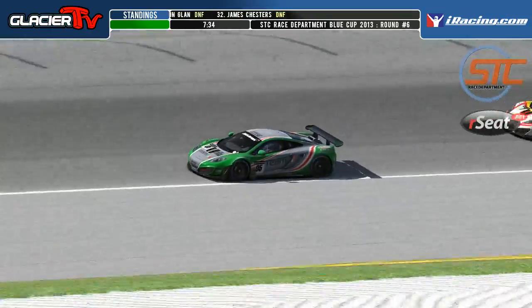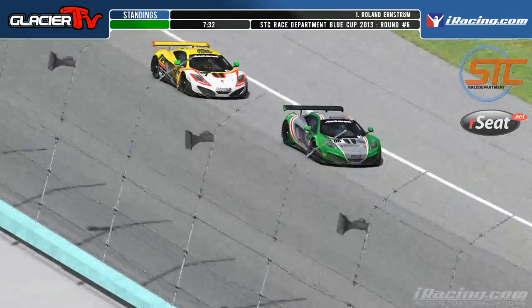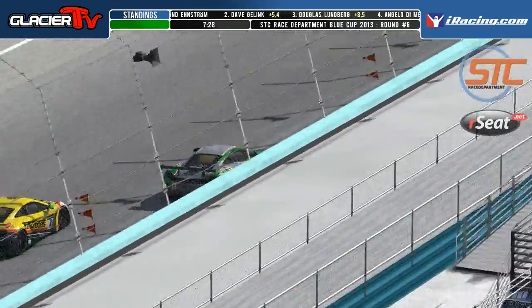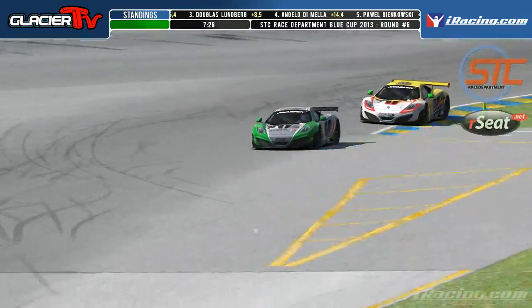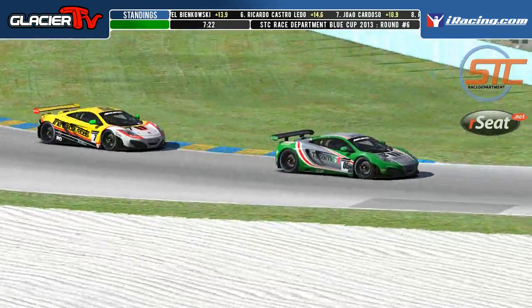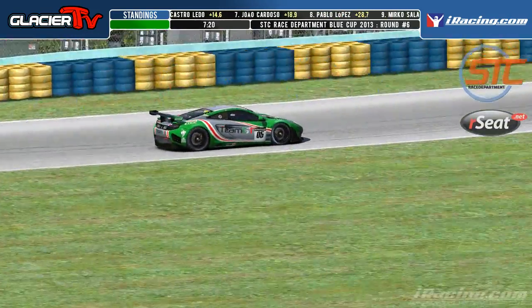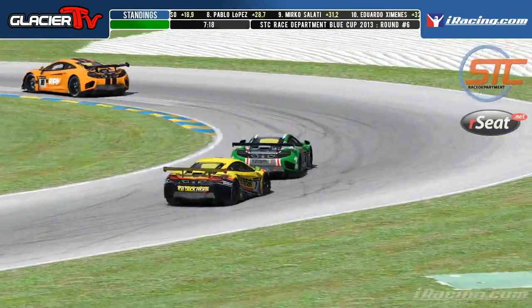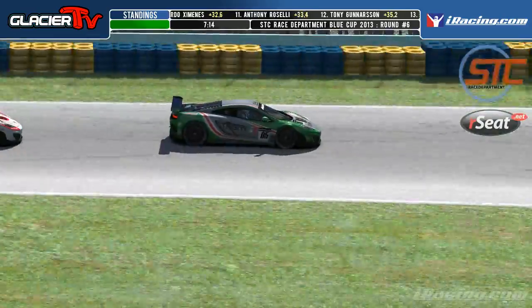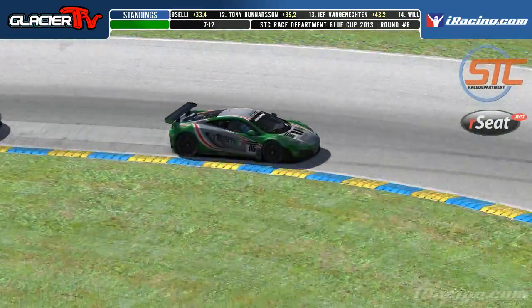Yeah, but he's done the silly move again. He's gone too wide, trying to go around the outside on the oval, pulled up too high and lost all his momentum. Oh, he's going to look to the inside. See who's last late breakers as they go into turn 2, and now into turn 3. Yeah, the last of the late breakers, there wasn't much between them there, so positions are as they were, but